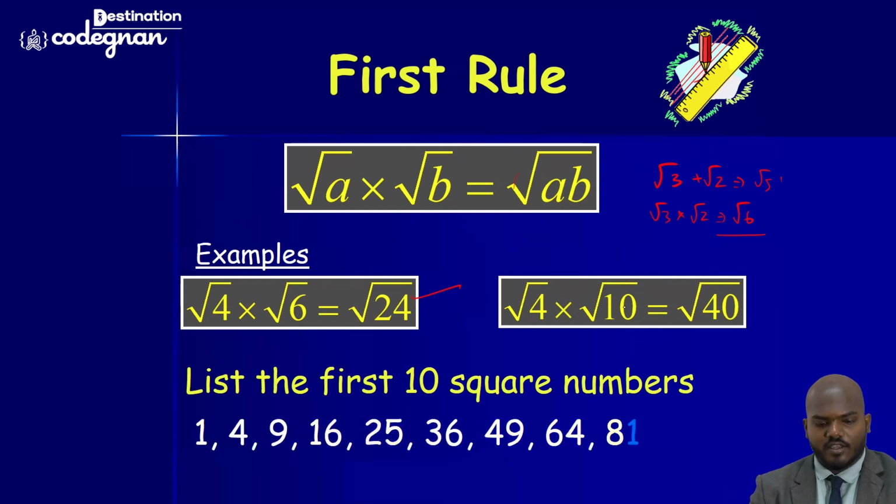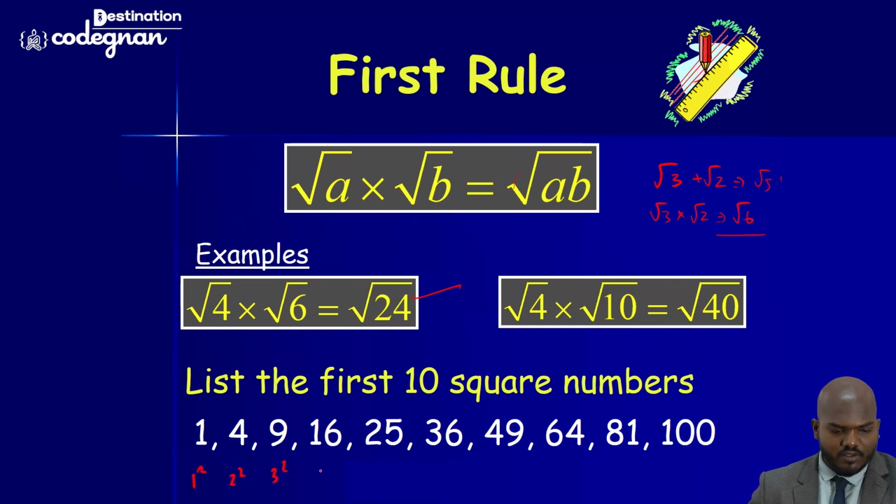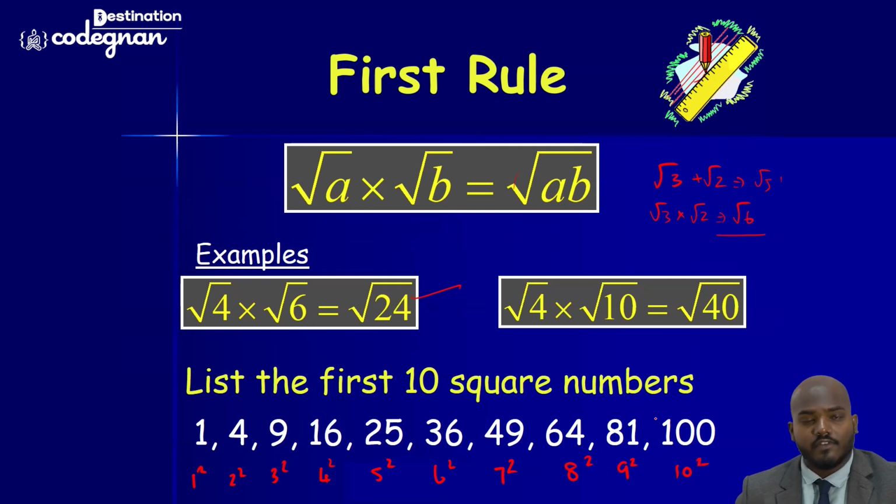I'm writing here. So these are the numbers: 1 square, 2 square, 3 square, 4 square, 5 square, 6 square, 7 square, 8 square, 9 square, 10 square. Okay, so I request everyone, please kindly take down the squares of the numbers. It doesn't mean you have to default-know these numbers, but going forward some questions will have more than the number as well.